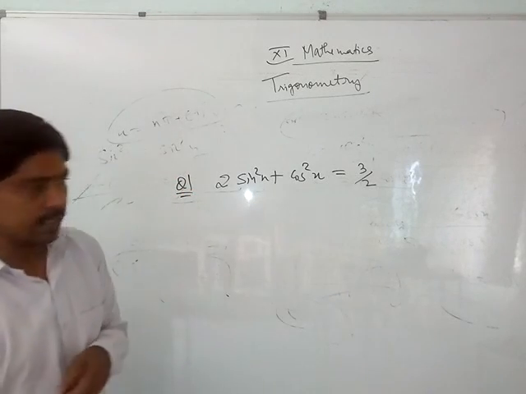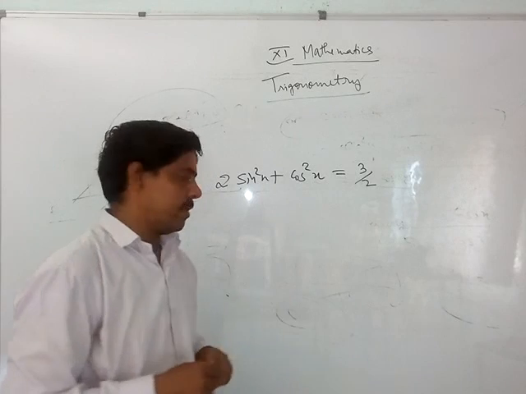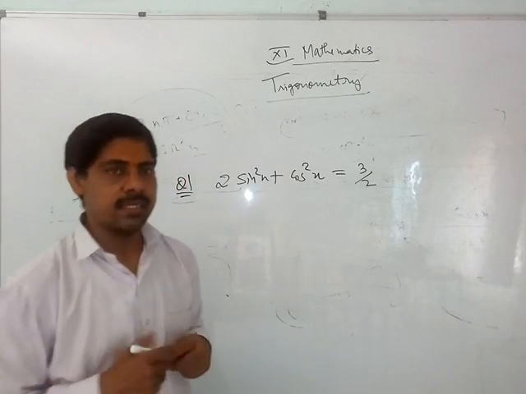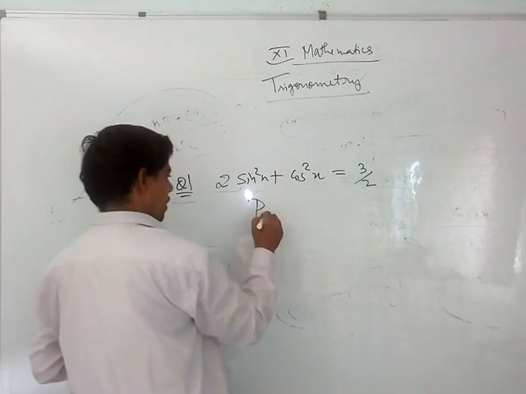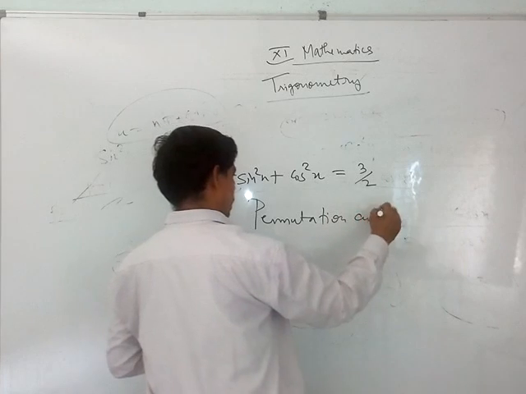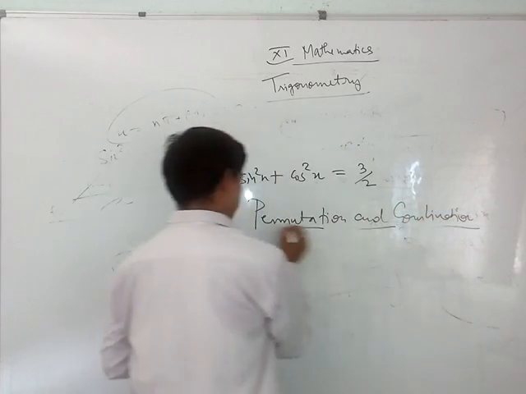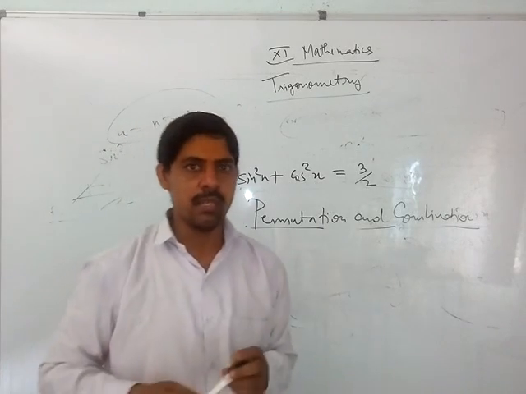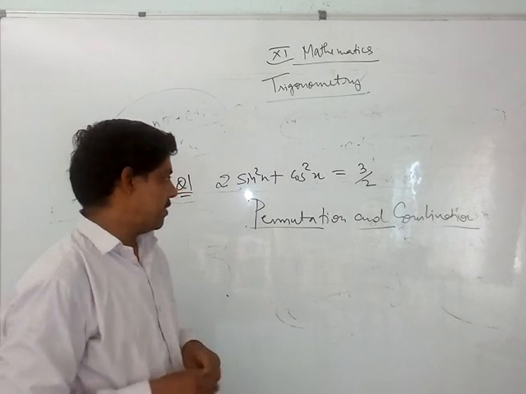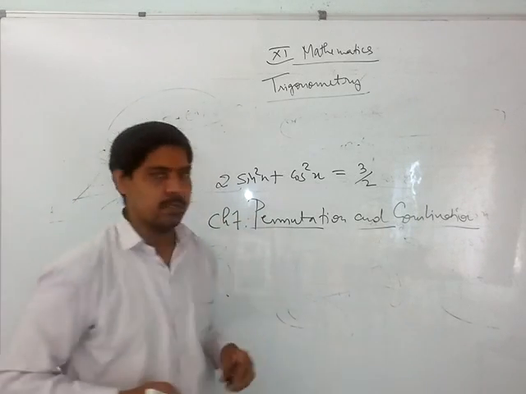So I will write such questions in your assignment. These questions will be given in the assignment to you. You can try them and then give the answers. And then the next chapter we are starting is permutation and combination. And we might take a test on trigonometry also. First I give you one assignment today, and then you can try one test, and then we start chapter 7, permutation and combination, in the next class. So see you in the next class.